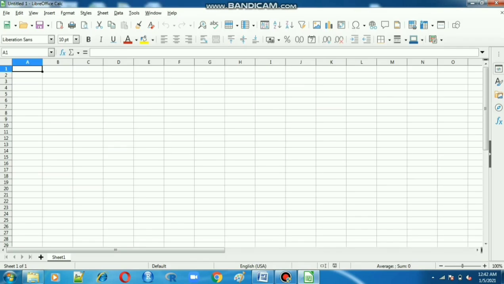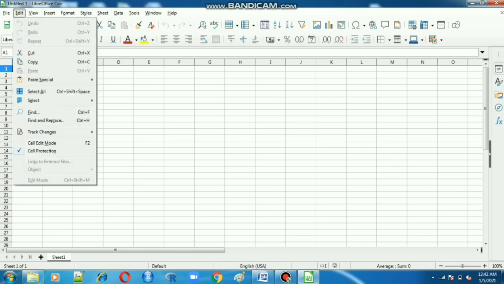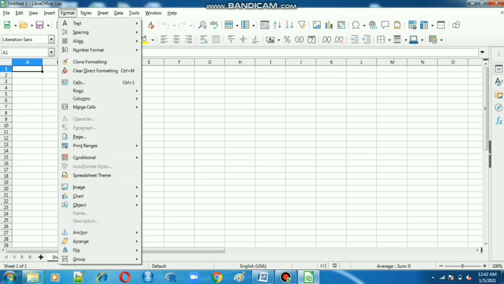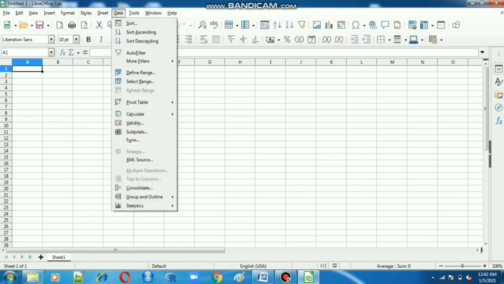After opening this page you have to see, like our MS Excel, LibreOffice Calc is also like that only. It has some extra options given: edit, view, insert, format, styles, sheet, data.